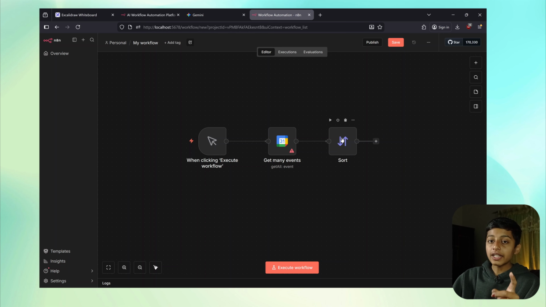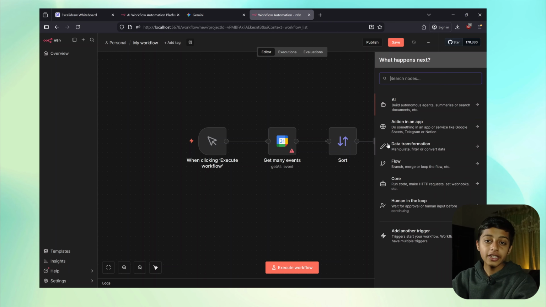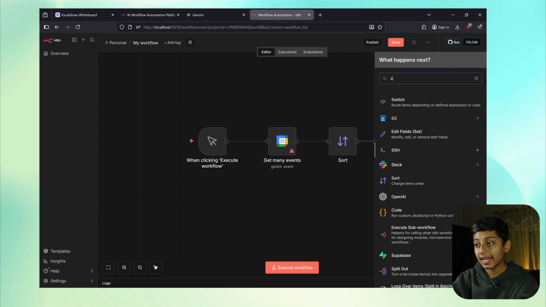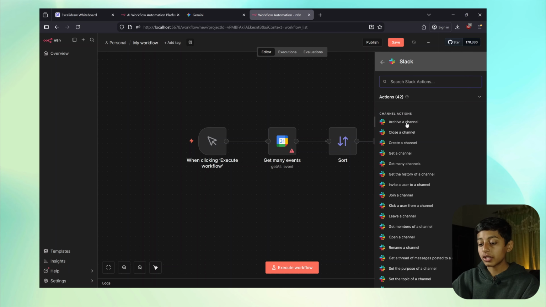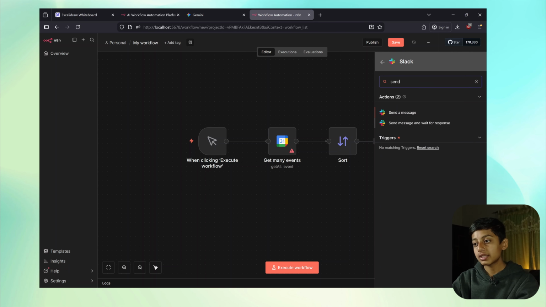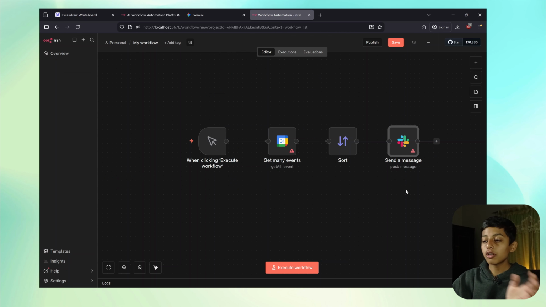The next thing I would like to tell you is a core block. These are some specific black and white logic blocks which N8N provides you, which you can use to do stuff like sorting the data out, like this sort node, which will get all of your data and organize it in a specific way. Lastly, you can also add something like Slack inside here, and it would be a software node as well, and you can just send a message to Slack on your own behalf.